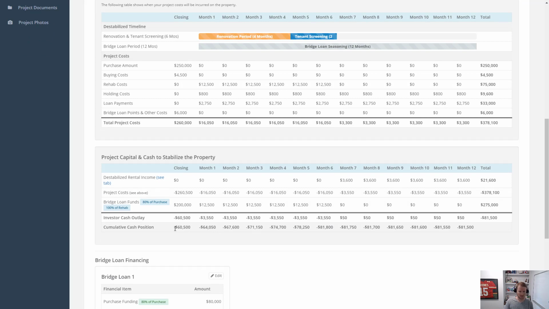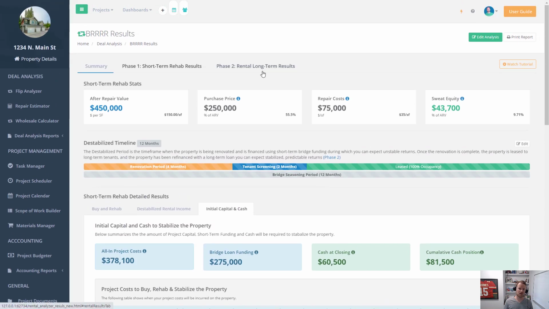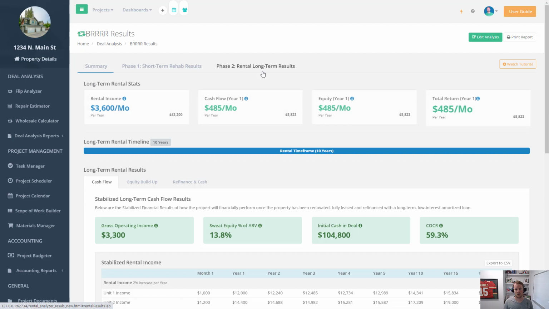You can see we have a cumulative cash position here, so we're going to need $60,000 up front, and then as we start to invest money into this deal, by the time we get this property stabilized, we're going to have about $81,000 invested in this deal. So that's what that's showing, and then ultimately you can move on to the second phase, which will show you